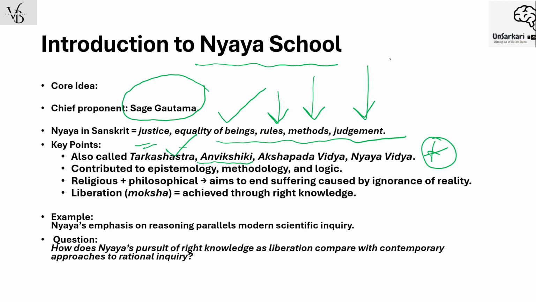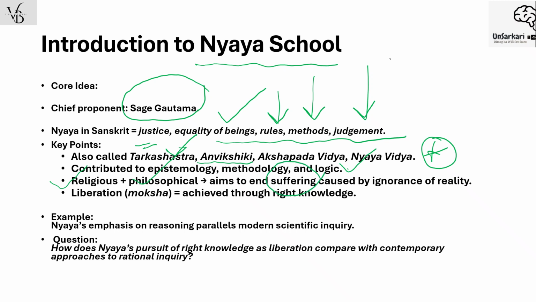It contributed to the understanding of the school of logic in India: logic, reasoning, that's the one simple word if I use, methodology, as I just said, because it works on methods, and epistemology, how philosophy becomes the basis for reasoning and scientific understanding. So what we have to understand is that religious plus philosophical ideas are used to end